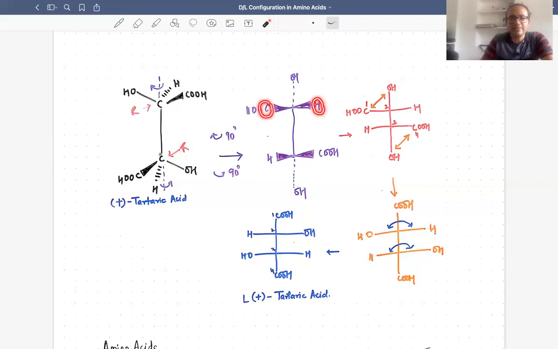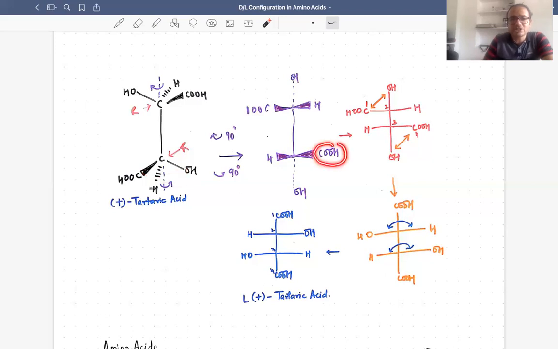Okay. Similarly, when we talk about this, you will rotate along this particular axis so that your OH can go on the back side. So when you rotate like this, your OH will go on the back side. That is why I draw it as a dotted line here. Then what happens? This COOH, which was on the front side, is going to be on the right side. So that's why I draw COOH here.